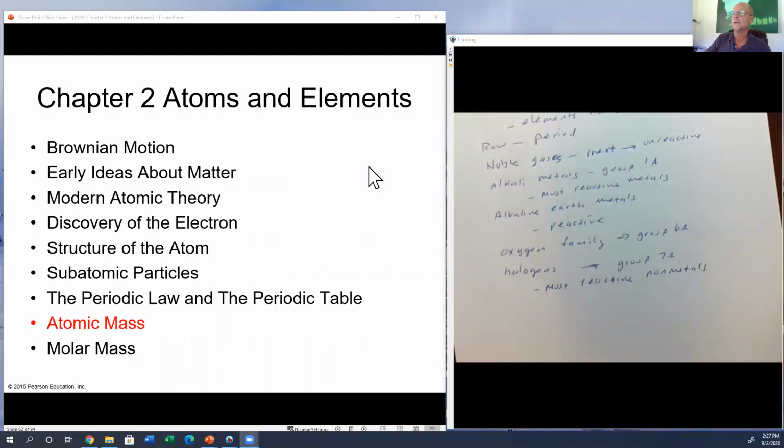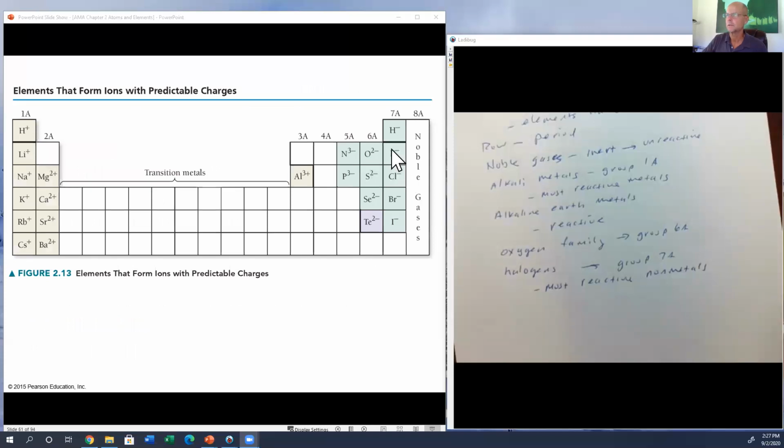All right, good. Let's see. Any questions on any of that? Let's see, Taylor. Yes, with the periodic table, the most reactive columns, they have a negative or a +1 charge. Does that have anything to do with how reactive they are, or is that just...